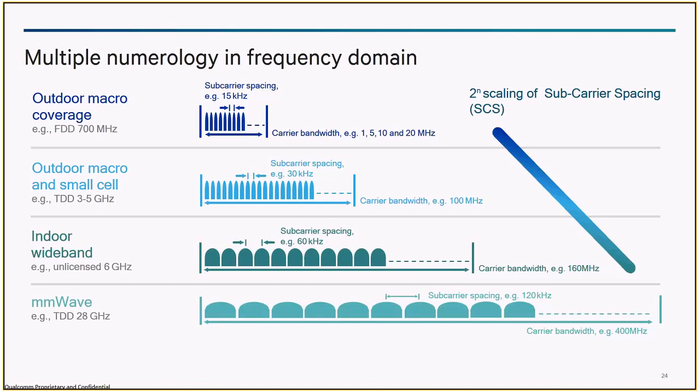Now, how the SCS could be deployed in networks would be, say somebody is deploying an outdoor coverage, you would use the 15 kilohertz. If he is using a small cell sort of coverage inside a city, dense urban sort of network, then he can use 30 kilohertz. So in the same network, a UE can actually go through 15, 30, 60, 120 kilohertz sort of deployment configuration. This is what the slide is intending to show.